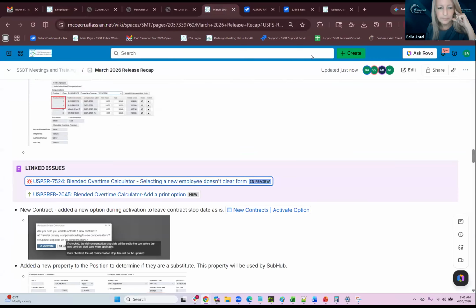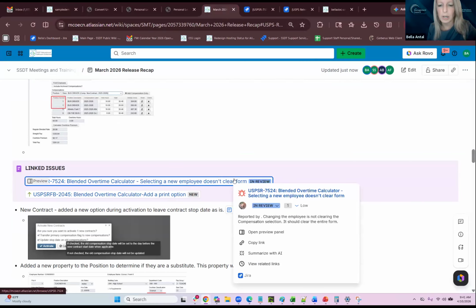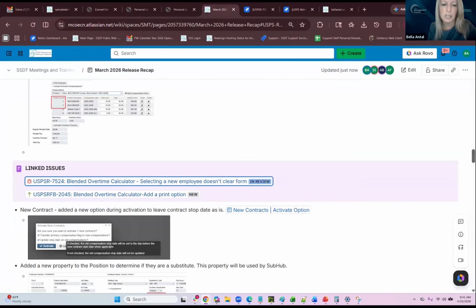And so this is a bug where if you choose an employee and then you switch to another one, it will not clear that prior selection's entries. So they are addressing this problem. They will just have to manually clear out those fields. And then